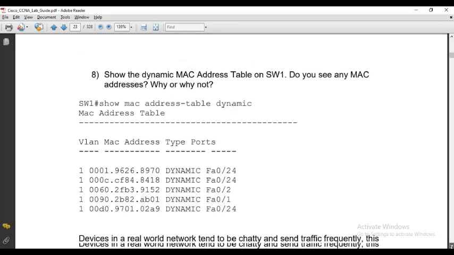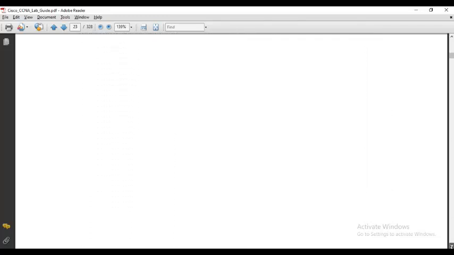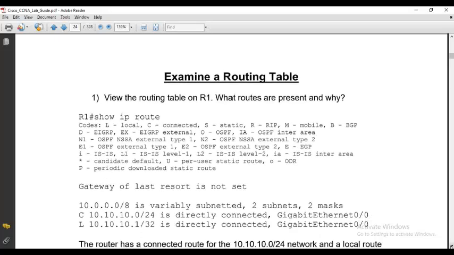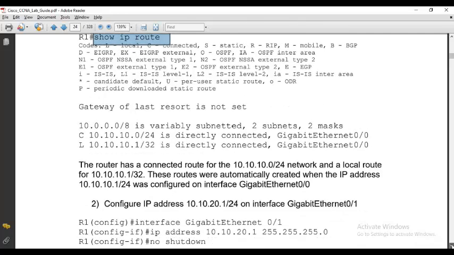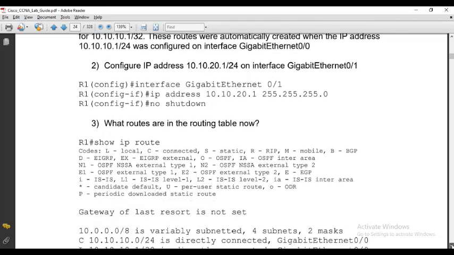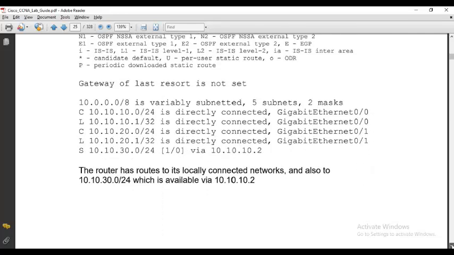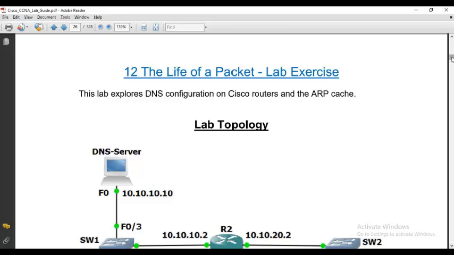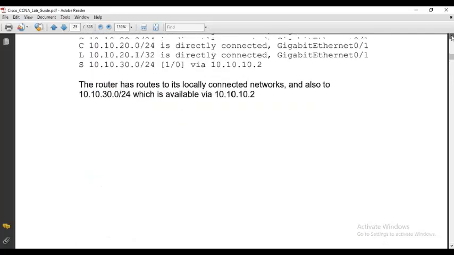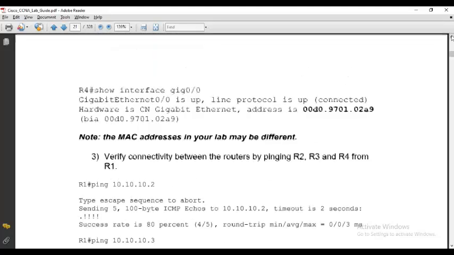The routing table, you remember we use the show ip route command. You can check it on all the routers. In our case, we have only one router. But in this topology of the lab guide, they have 4 routers. In this topology, you have 4 routers. And the IP address on this port, you will find